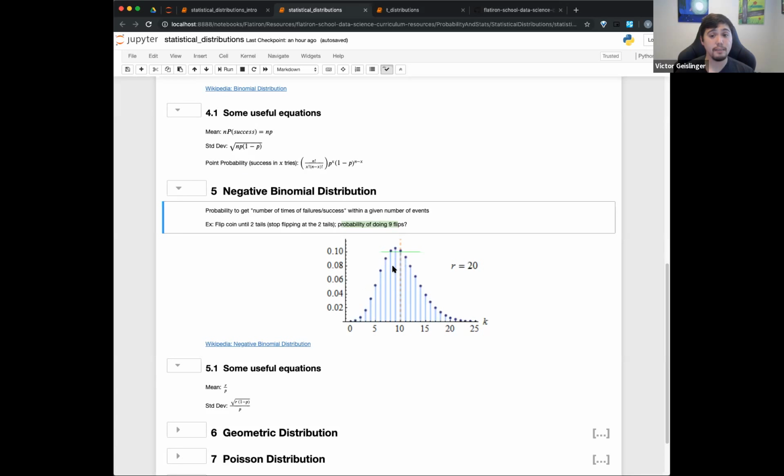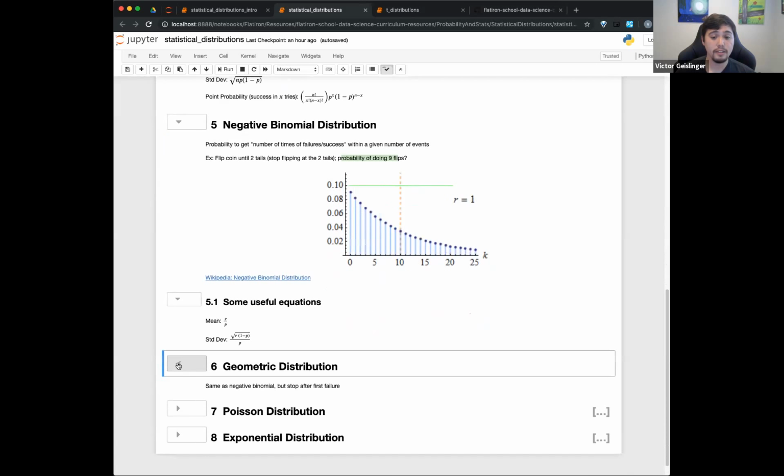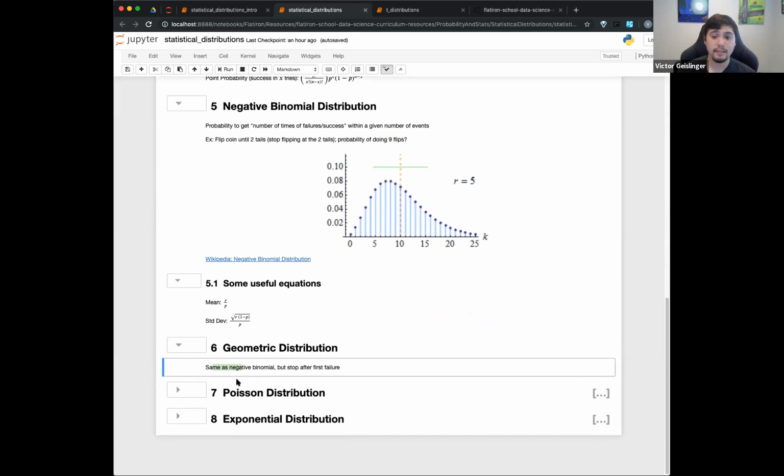And as you increase the number of actual failures that you'll do, your average will change. Okay. Cool. So this kind of leads us into the geometric distribution, which is basically a special case of the negative binomial, which basically just says, once you flip one tail, you're done. A lot of game shows will have this kind of thing. And so essentially, if you see here, when this R equals 1,